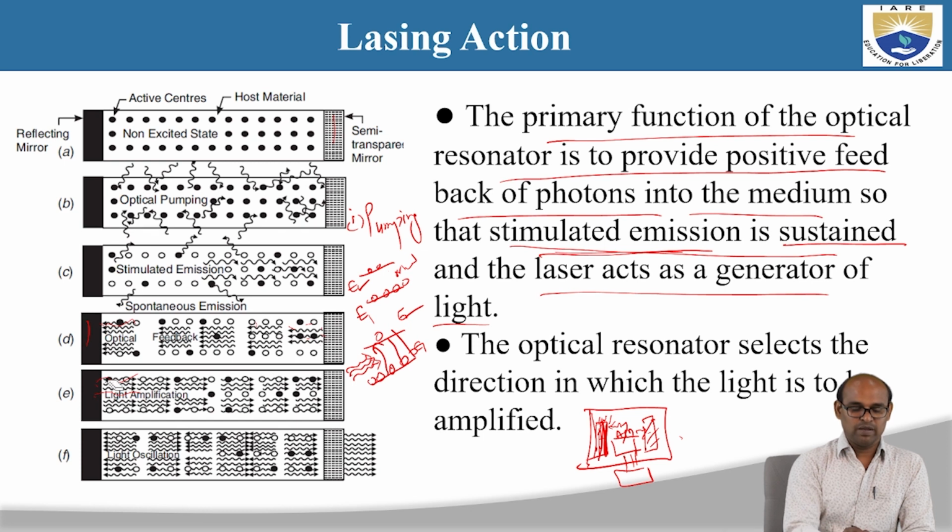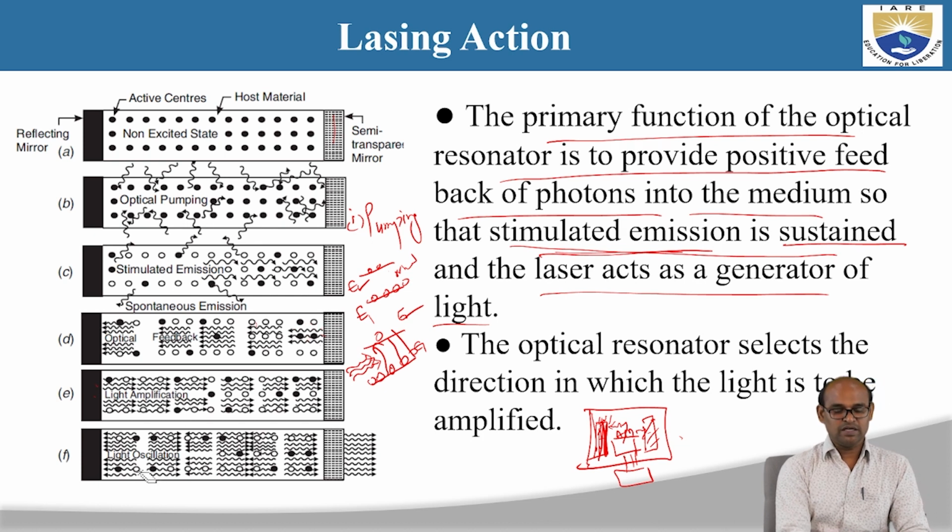Once there are many coherent photons emitted, you will see an amplification of light. Okay, amplification of light, and finally, once there is sufficient energy to emit, you will see there will be a laser output. So this is a systematic or pictorial representation of how we get the laser beam as output,